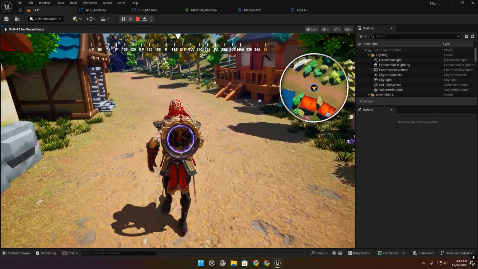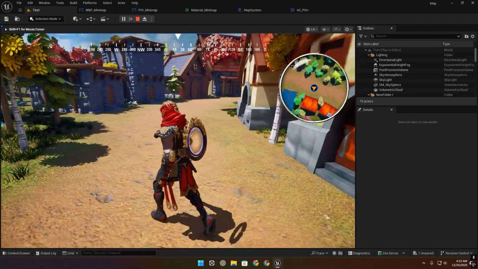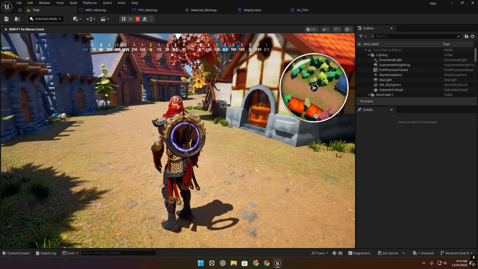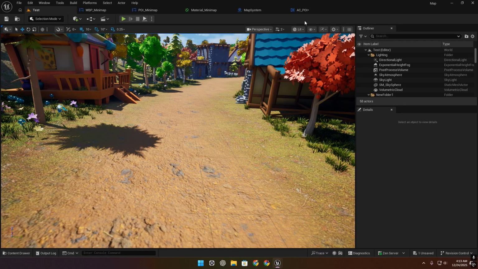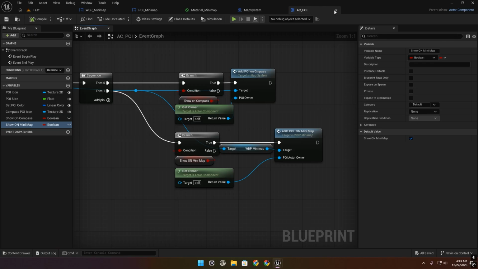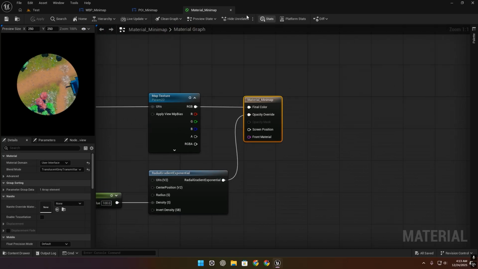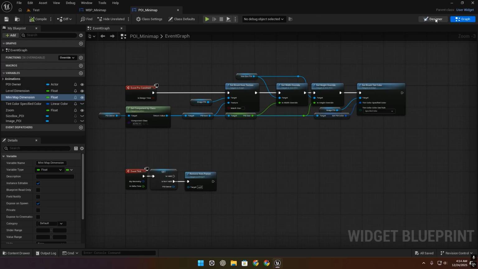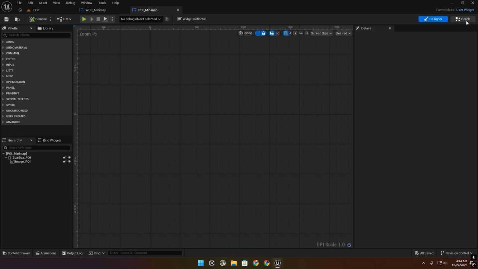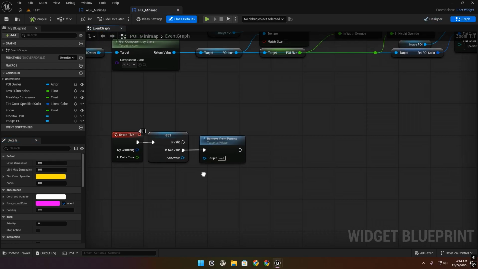In this video I'm going to update that point of interest location in our minimap. So we can close this one, also this map system, this material. Yes, point of interest minimap. So right here